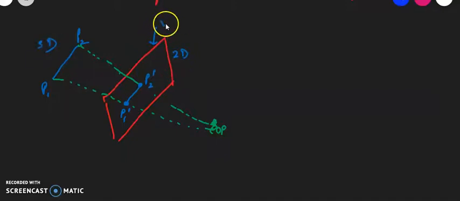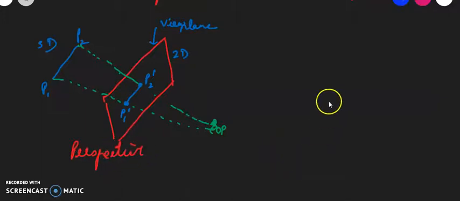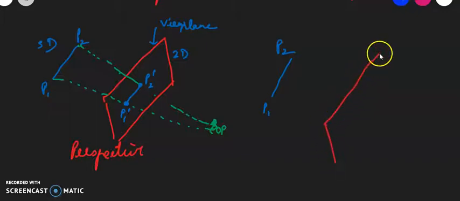And what is this? This is nothing but the view plane where I am getting it projected, or the projection plane, right? So this is a very nice example of perspective projection. Okay. Similarly, if I have a 3D line with P1 and P2, right? And I have the projection plane being somewhere out here. Okay, now if I'm looking at the object from this side, I don't have the lines of projections.